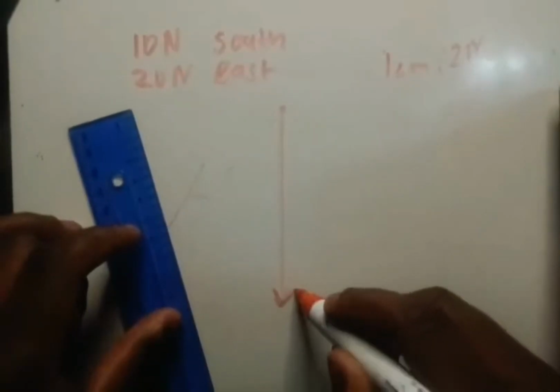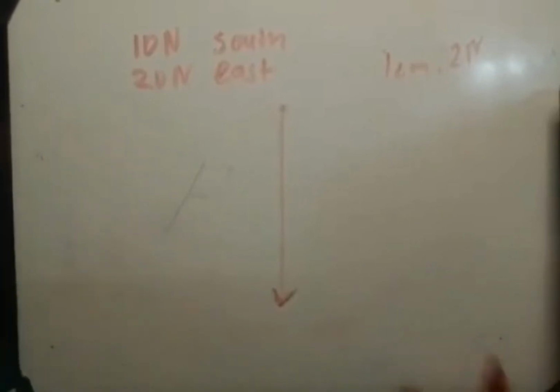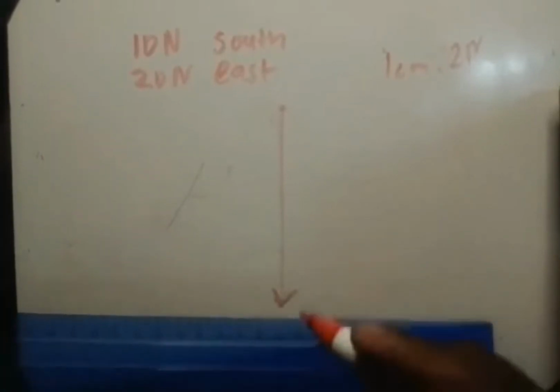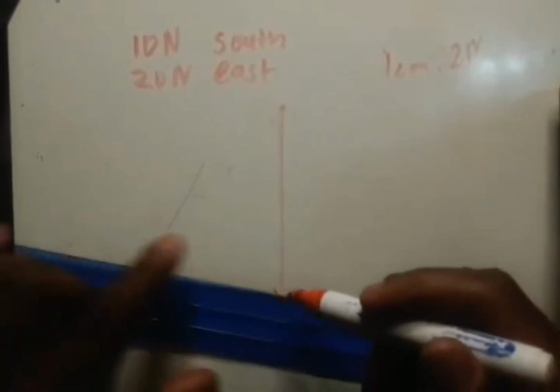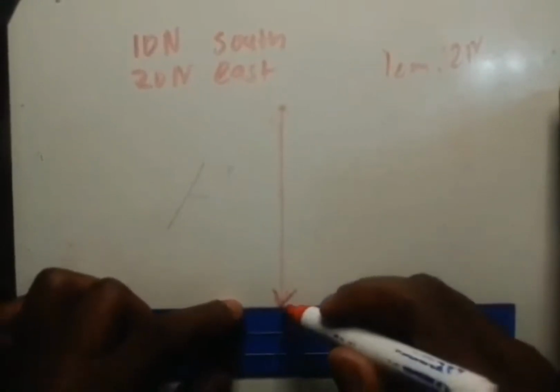Right, so of course my arrow has to face downwards because it's south, and the other one would be 20 newtons to the east, right? So east is to the right, so I have to connect it. I have to start from the head of the previous because it's head to tail, so I have to connect the tail to the head, so it's to the east. So it would be something like,